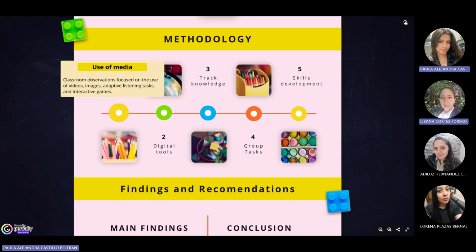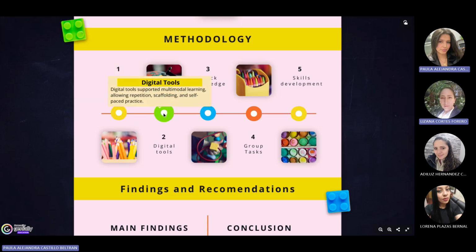These tools allowed students to learn at their own pace, repeat activities when needed, and receive feedback instantly. We also noticed differences in listening proficiency among the students, but digital tools helped bridge those gaps by offering